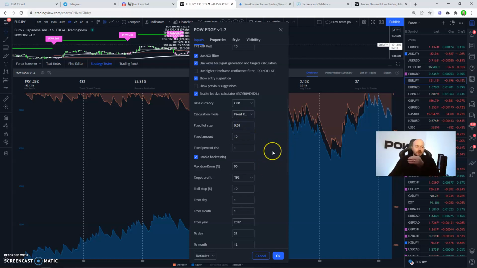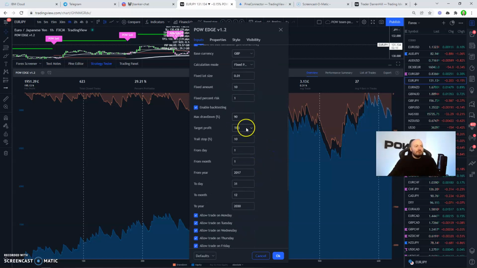So when you're trading this, you wouldn't have to work out what lot size you need to use, and there are also multiple ways of managing the trade. Now,